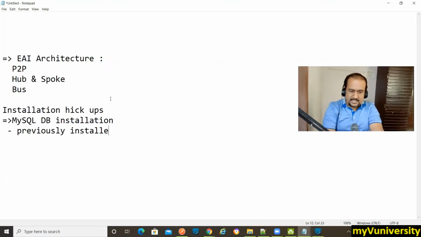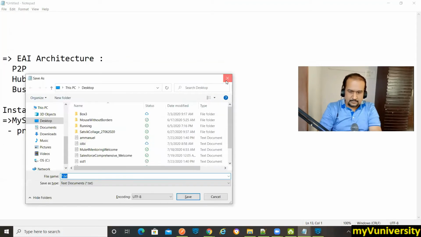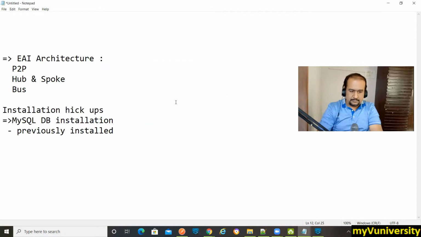So Srikant, just a question for you: have you by any chance installed MySQL DB previously on your machine? Yeah, Sam. Maybe when I was trying for Java, I might have installed that MySQL. Okay. So we will clean it off. Firstly, let us see what problem Srikant is facing, and then I will give the solution.